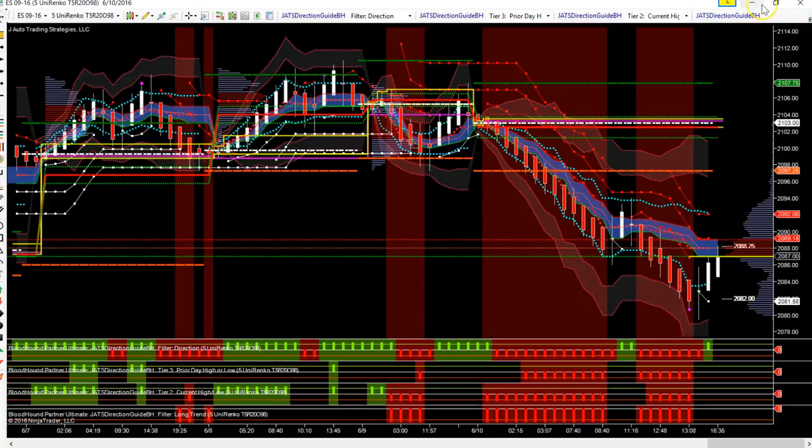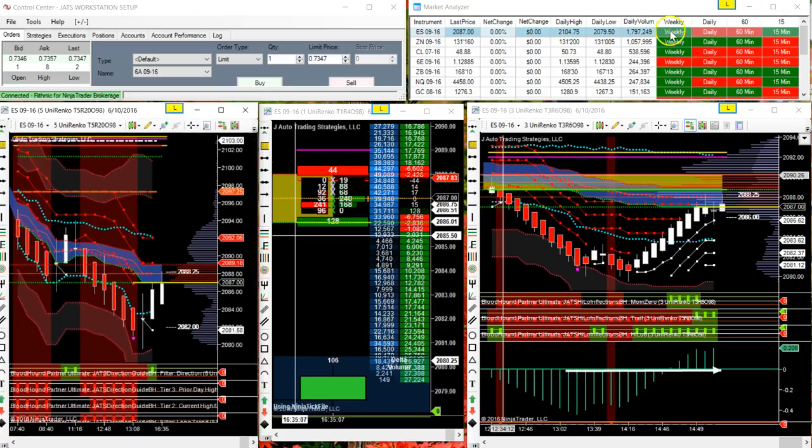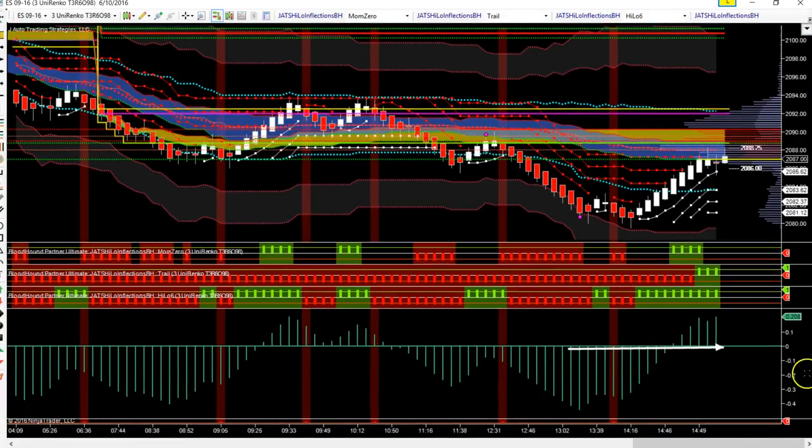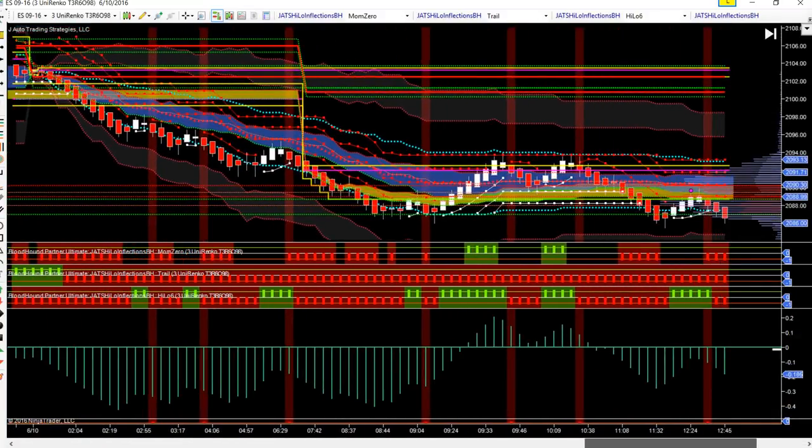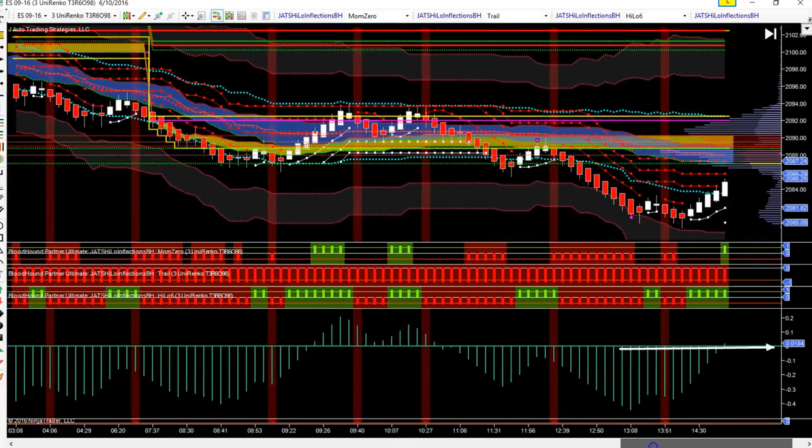So once you have a direction that's confirmed on your market analyzer, and indeed it was daily 60-15 all red most of the day, then you can set your smaller time frame entry chart up to take advantage of those reversals. And you got a false one that would have been a stop out, but then you got back in the game after that big pullback to the upper VWAP